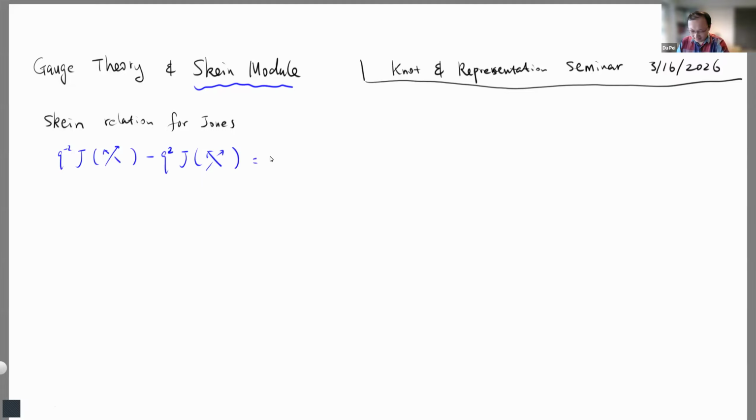This skein relation, not surprisingly, was originally found by Jones. That's one of the first things that he did after defining the Jones polynomial. So I think the motivation for introducing this is that this plus another